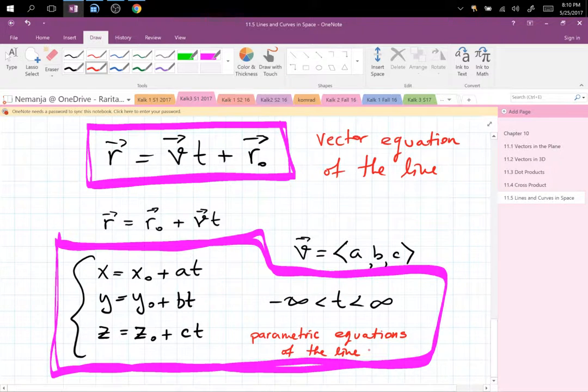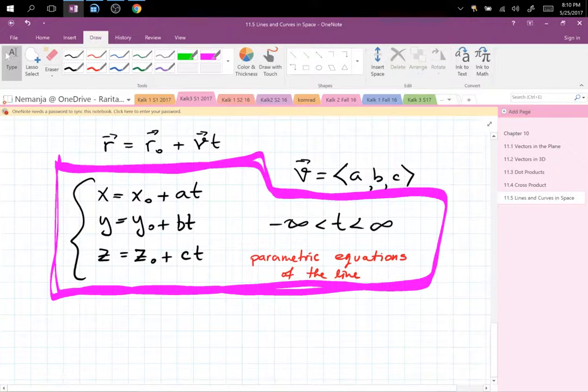Now, clearly, this is in 3D because we only have x, y, and z, so it is 3D. And that takes care of the line portion. Now, we can do a lot of cool stuff with this. We're going to do a whole bunch of examples now. But before we do that, I will